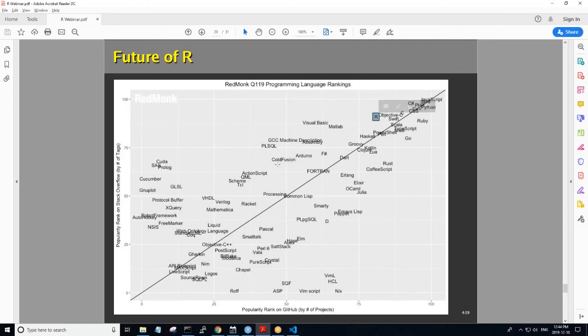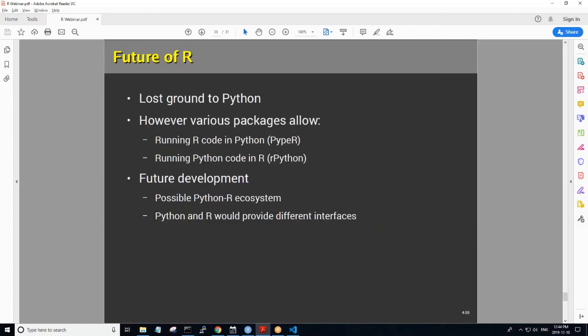But what about this problem of Java and R? Well, what's actually happening is very interesting. People are starting to say, you know what, R and Python are starting to duplicate what each other is doing. And maybe we've got to start thinking in terms of R and Python as a single unified ecosystem, which allows different kinds of interfaces. So we'll have the same sort of underlying core of functionality, but if you're a data scientist, you can approach that through an RStudio approach. And if you're in a machine learning programming environment, you can approach that through a Python approach.